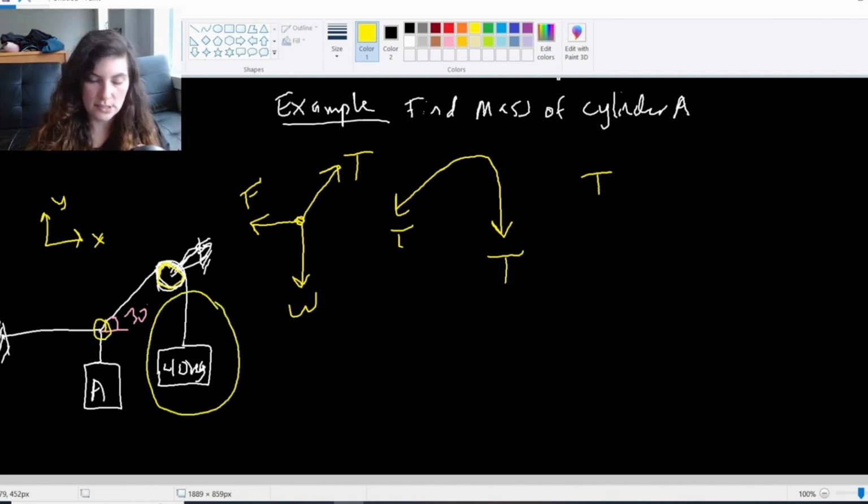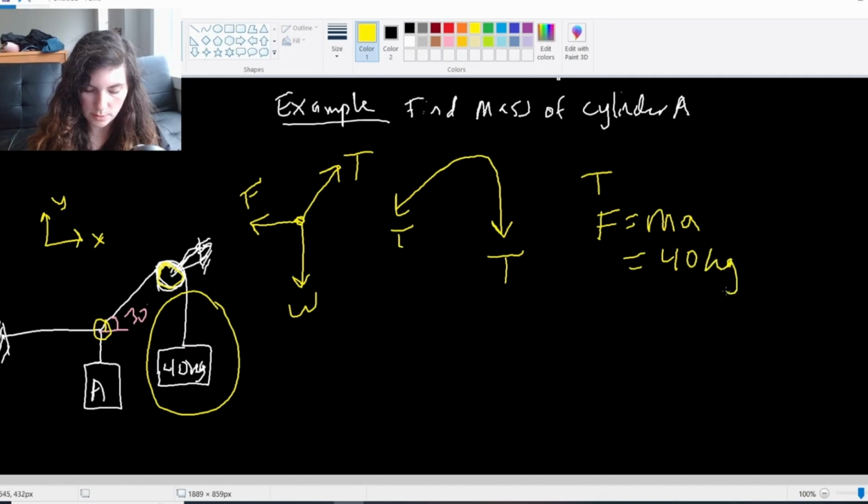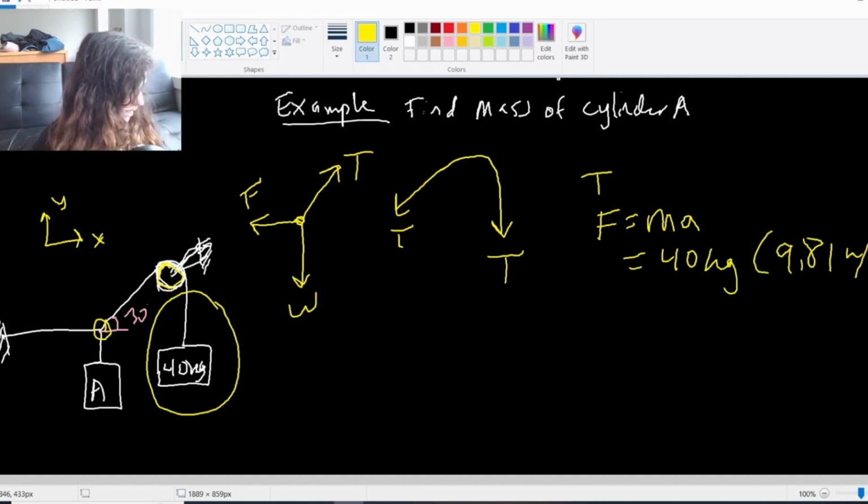And that force is going to be F equals MA, in this case 40 kilograms times 9.81 meters per second squared. And so that is going to give us